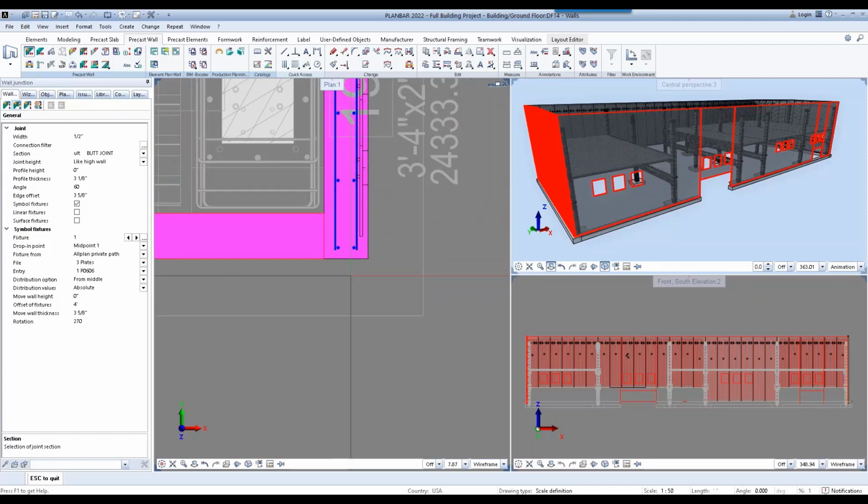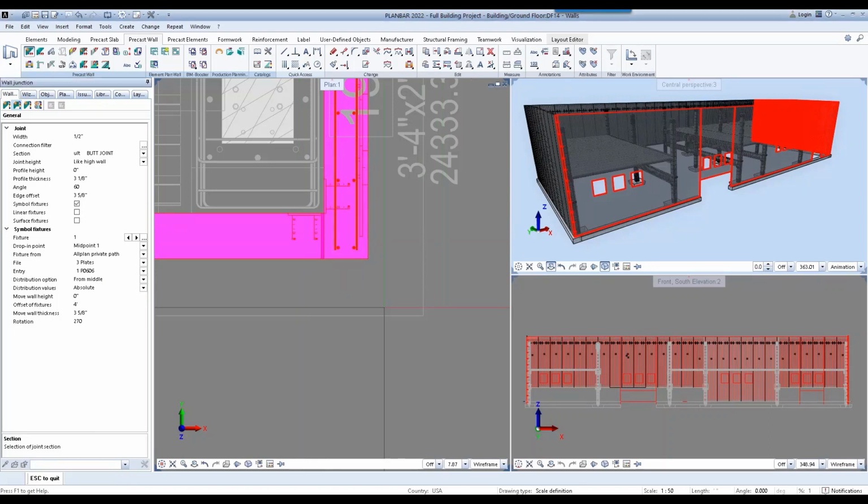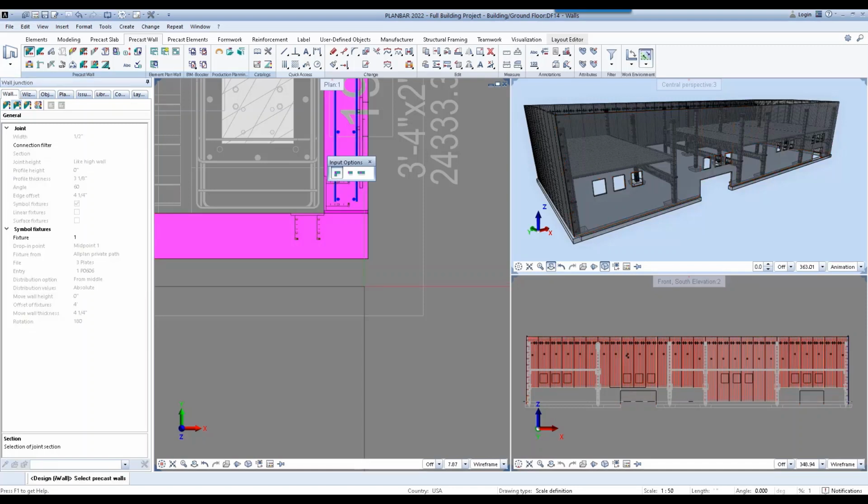Do the same thing and select the two walls, the two corners. Change the direction of the joint. It's just another way of ALLPLAN automating a detail for you. Now we have connections between our walls. We can hit escape.